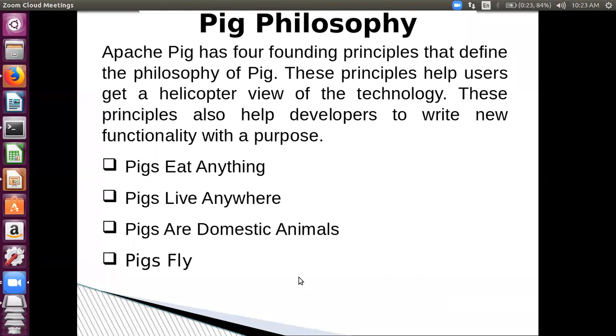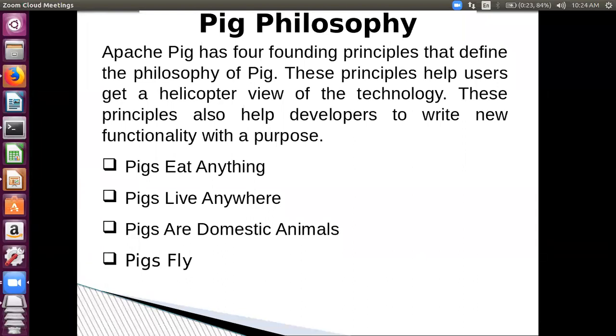Okay, one more person can try, because the names are self-descriptive. The philosophy is, by name, self-descriptive. So I'll give you an answer for this. You can note it down. Pigs eat anything means that the Pig Latin language deals with all kinds of data, whether structured, semi-structured, or unstructured.